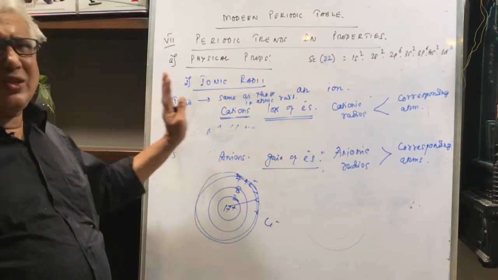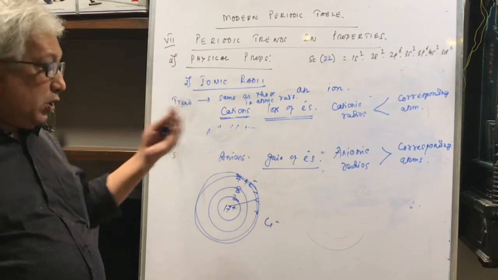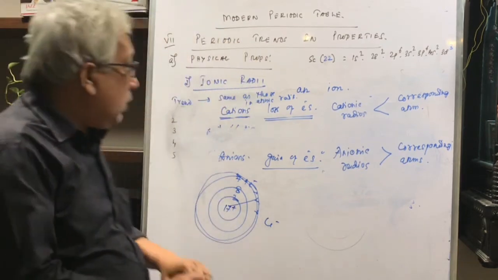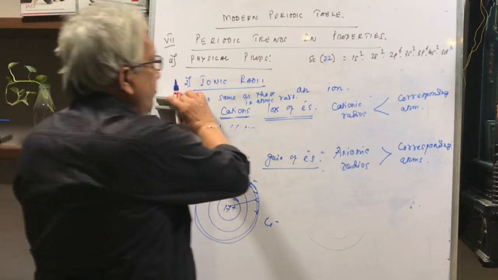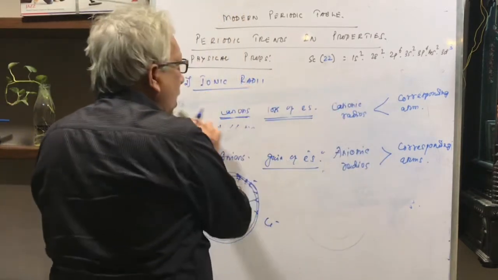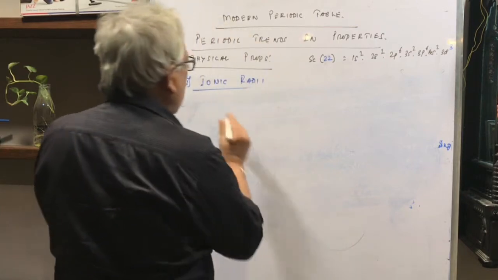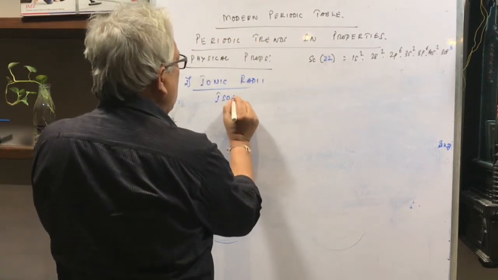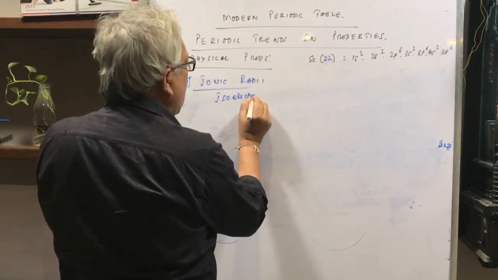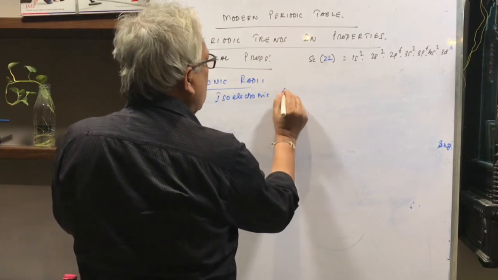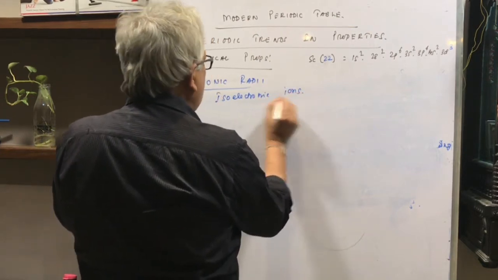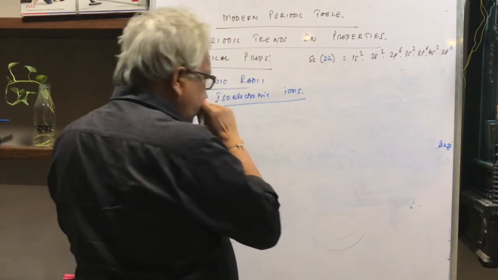But that is not something which they ask. What they talk about is isoelectronic ions. There is a term called isoelectronic ions. Now, what are isoelectronic ions? First, I give you the example, then I will give you the definition. Isoelectronic ions. See, children, I will say,